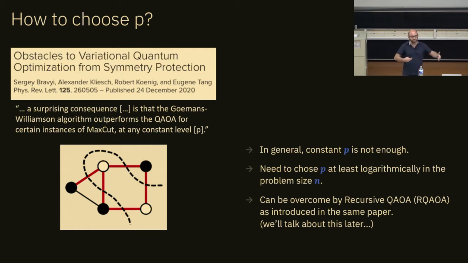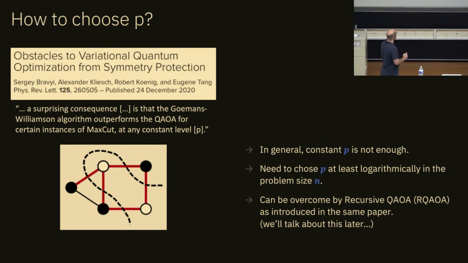So you have to increase the depth, otherwise you likely will be able to get a better result using a classical algorithm. There is a way to overcome this by a variant called recursive QAOA, and it's also introduced here, but I want to skip that for now. I will come back to that later on. So this is not a sufficient condition for a quantum advantage, but it's kind of necessary. If you don't increase the depth, then just running plain QAOA might, at least for these max-cut problems, not be enough.